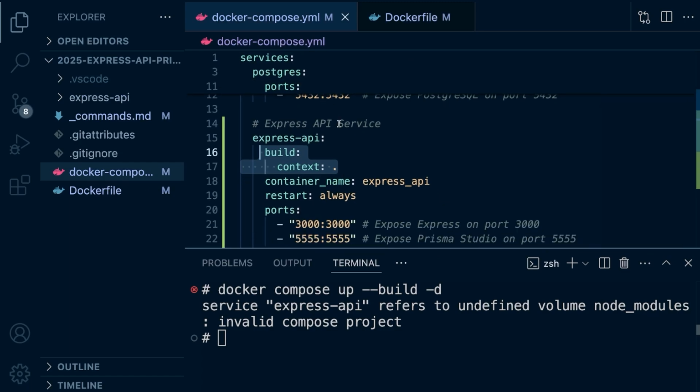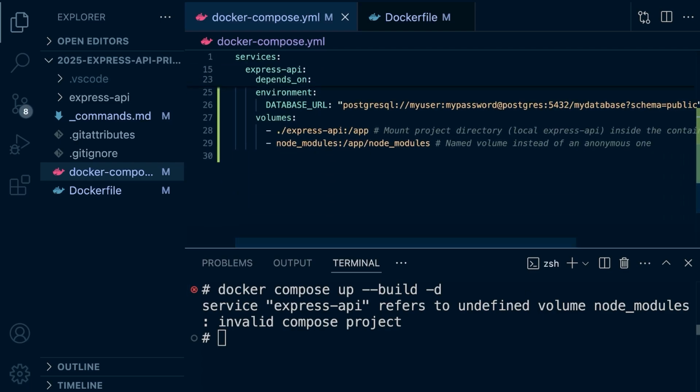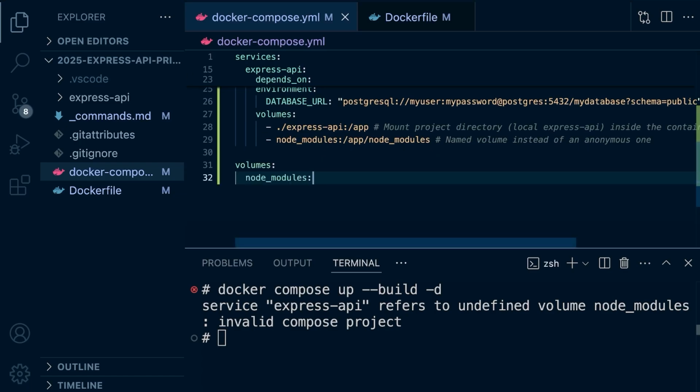Potentially in the indentation. So we're told here Express API refers to an undefined volume node modules. Apologies, haven't finished that yet. That's why. So back into the Docker Compose file here, what we need to do is specify the volume node modules. So at the end here, with no indent, volumes, we simply just